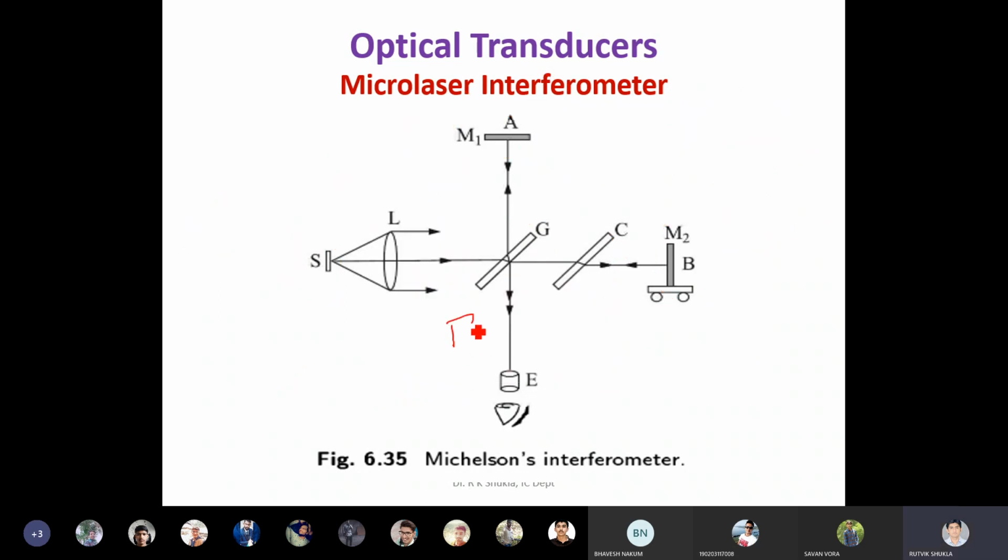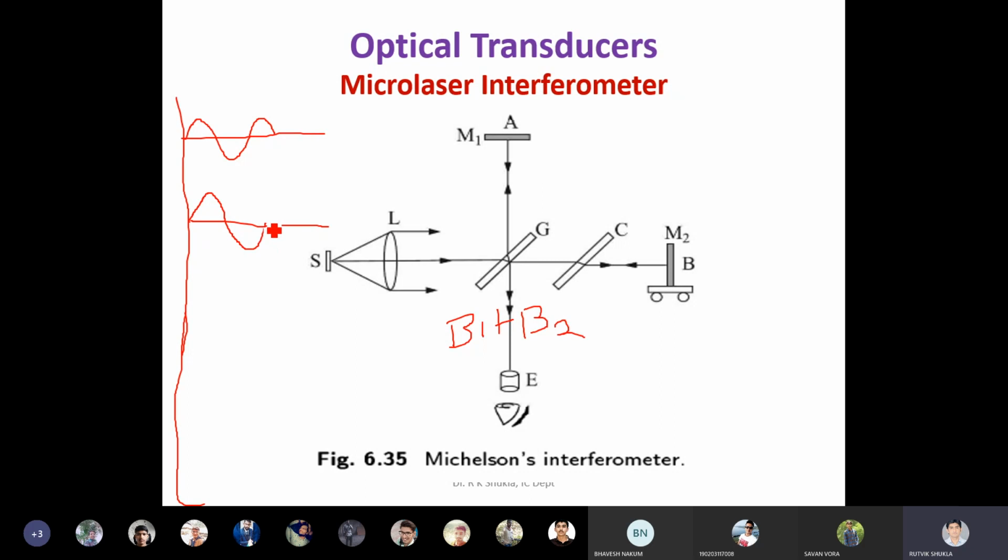Clear? So I'll simply write B1 plus B2 here for your understanding. Now, whenever two light beams interact with each other, suppose these are the two light beams. I'll show the first light beam, and I have a second light beam. Suppose two light beams interact with each other like this. Here you can see, this is B1, this is B2. If two light beams are like this, then this is called the constructive nature of light.